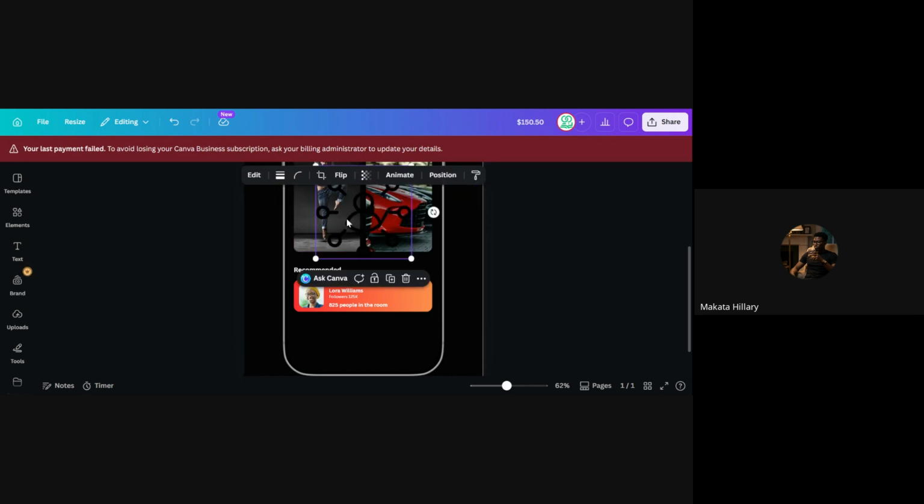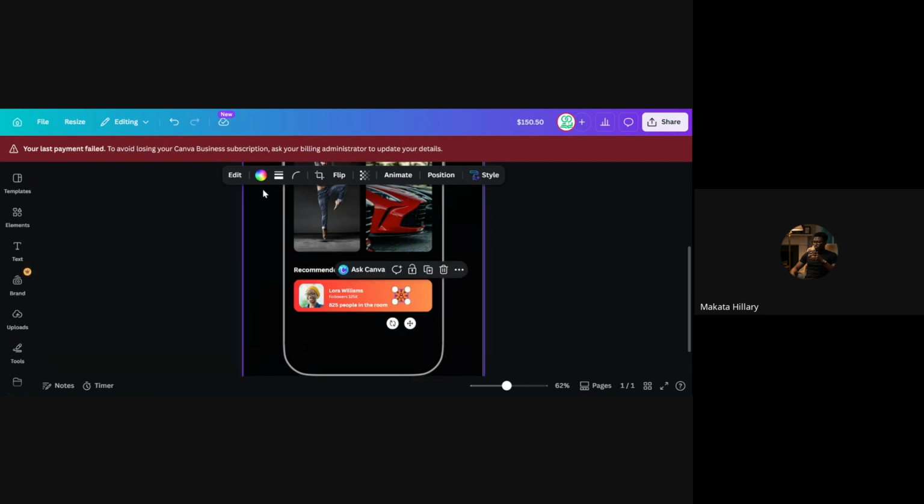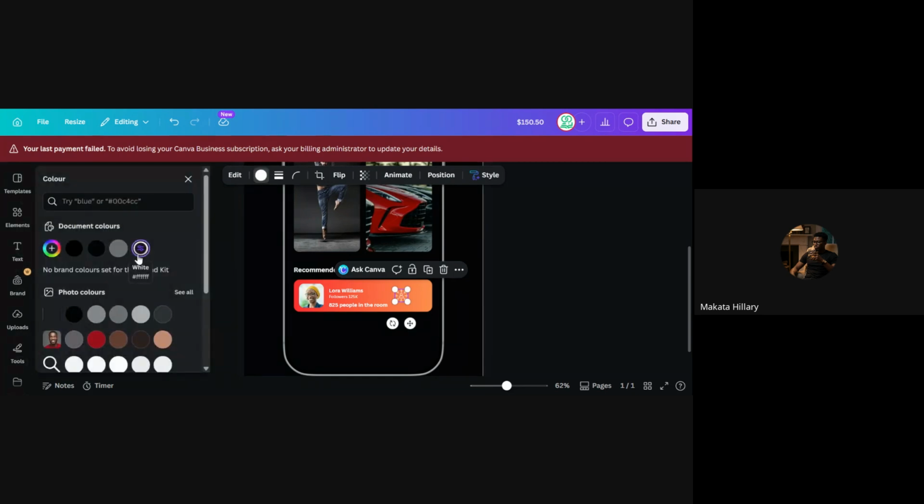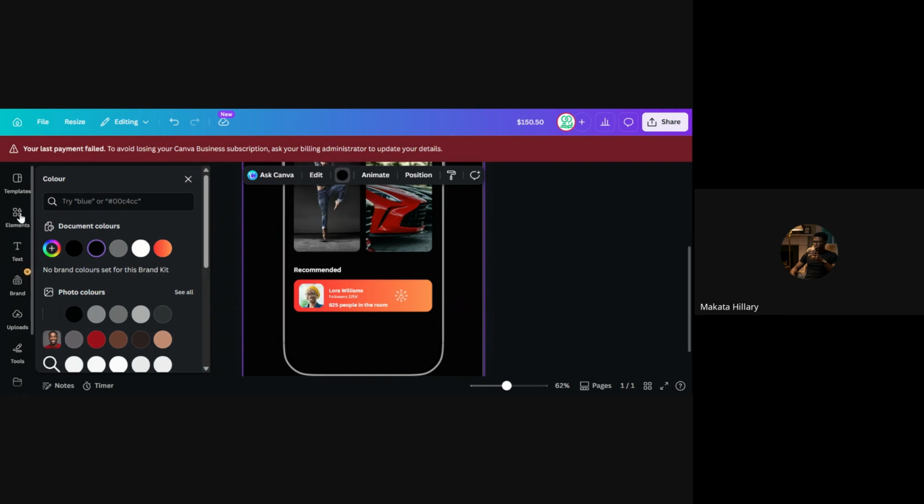Okay, let me look for this. I think this is going to work better, since we have people in the room. So we have this icon that looks like people surrounding someone. So I think it's better. So we use that and then we add white color to it. The next thing we're going to add to it is, let's say, a microphone